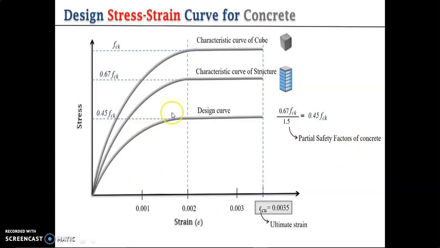So these are the curves which we draw for concrete, and it is known as the stress strain curve for concrete. This axis gives us the strain value, and 0.0035 is the maximum ultimate strain on the compression side. And you already know that 0.002 is the proof stress. In the concrete diagram you have seen we go up to this parabolic part and after that rectangular. This question may be asked in an interview: if you start from the origin, your diagram is parabolic and after some time it is rectangular in shape.